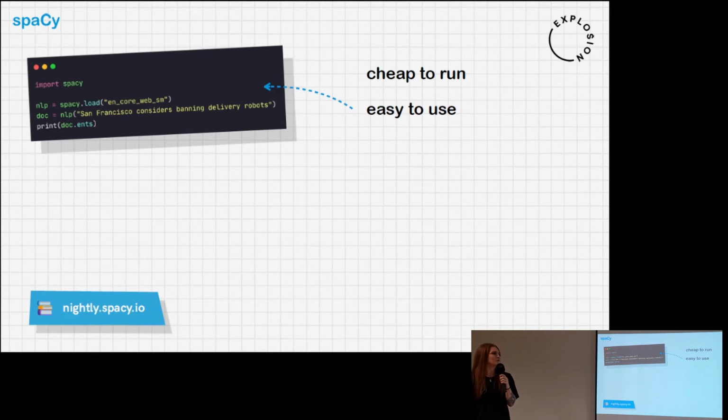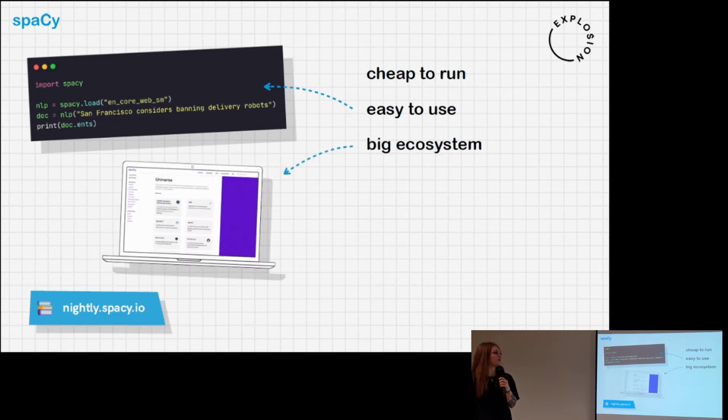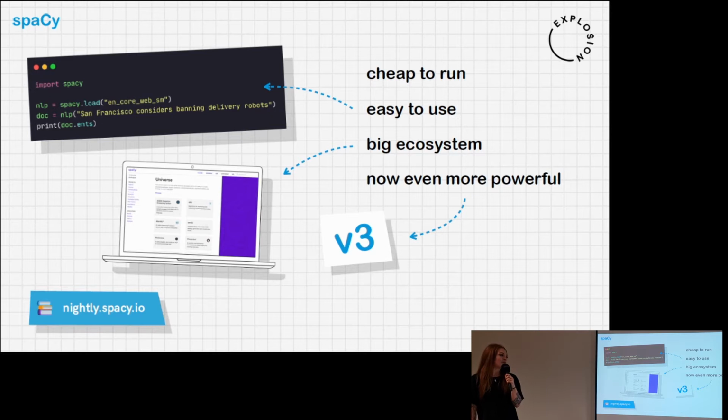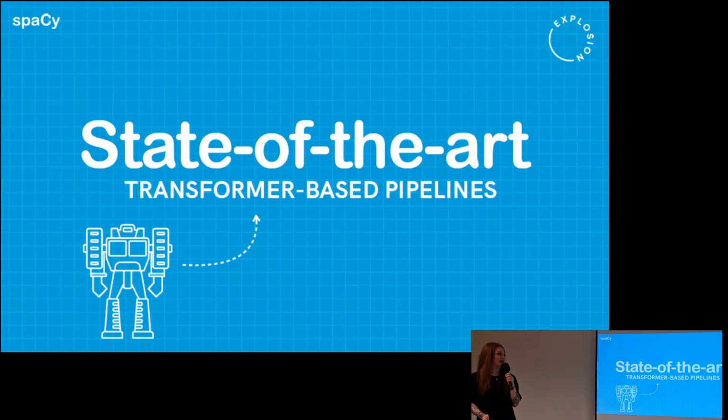For example, we make sure that spaCy is cheap to run, easy to use, easy to get started, but also very powerful. We have a great big ecosystem, which we're super proud of, with tons of plugins and extension packages contributed by the community. And the new version is already released as a nightly pre-release, so everything I'm going to be talking about already exists and you can play with it if you want to. The new version includes tons of new features that will make spaCy even more powerful, and some of them we're going to present today. So with that, I'll head over to...